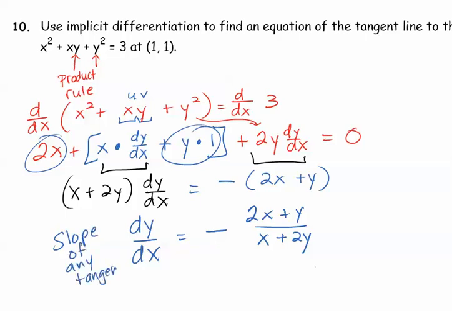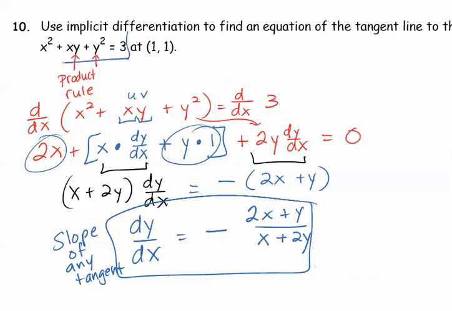So now we're ready in this problem to use our derivative. So we want to find the derivative of the tangent to this equation, and we already are given the xy point here. You can verify that it works. If you put 1 in for x and 1 in for y, can you verify that this is a solution point? 1, 1 is our point of tangency. And our slope,